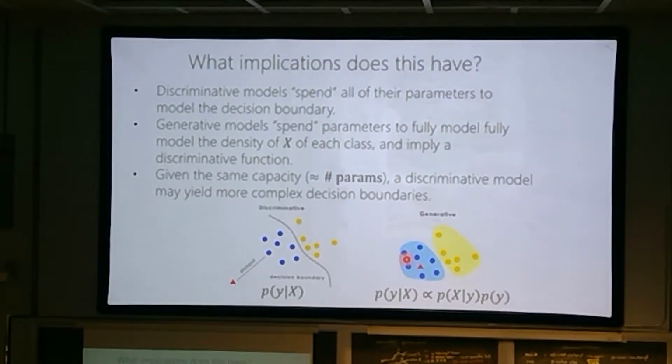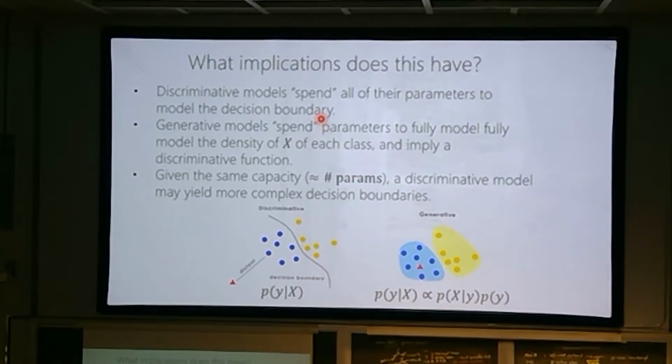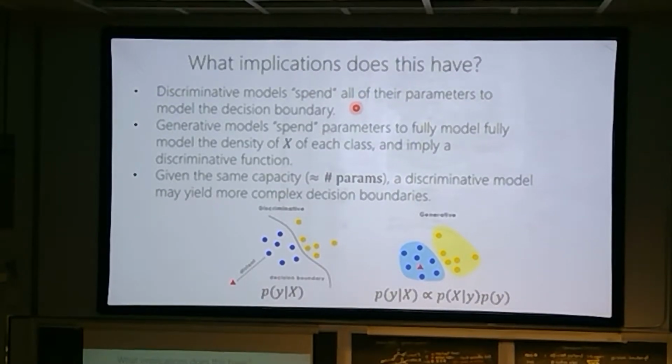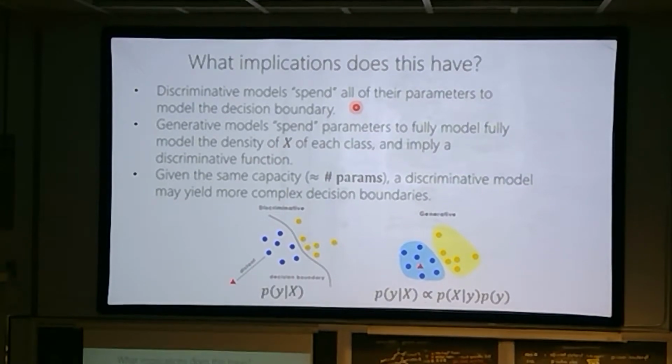Okay, so let's start thinking about these things a little bit more from the little we know right now. And the little we know right now is that the generative model is going to somehow model the density of X and the discriminative is not. So that means somehow for a given number of parameters, it's going to spend a lot of its parameters modeling the distribution of X. But a discriminative model is just never going to bother to do that. So you can already imagine that this plays differently, like maybe this affects the number of parameters or other things.